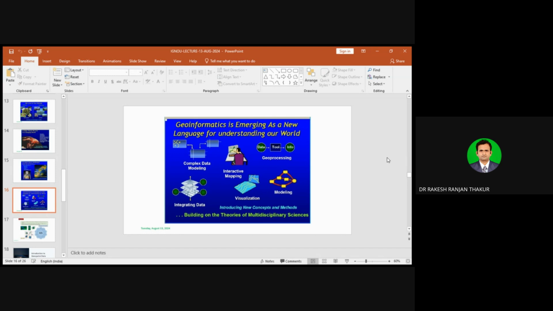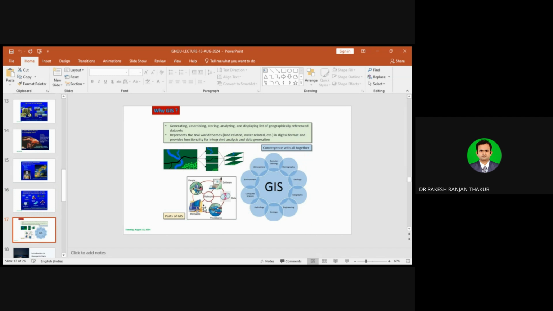It may be point data, it may be line data, or it may be polygon data. So these points, lines, and polygons, all these types of data can be integrated. Okay, then